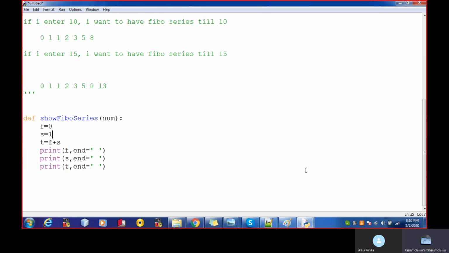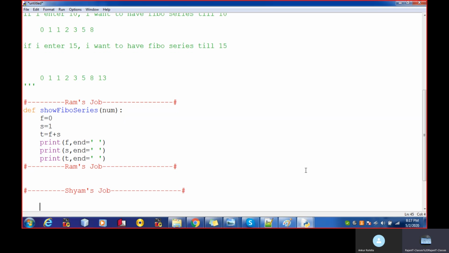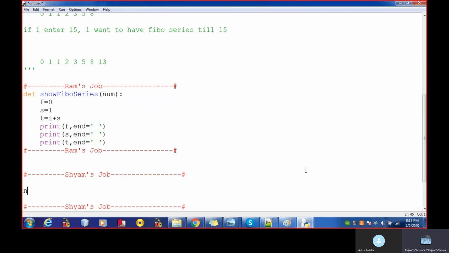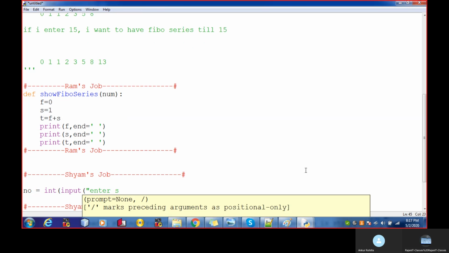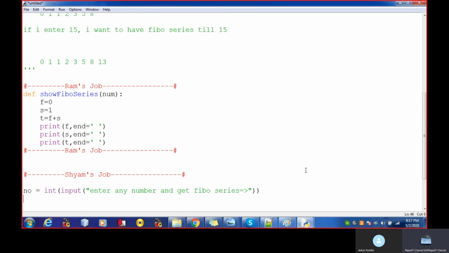So Fibonacci series. Let's say this is Ram's job, and this is Sham's job. Sham just has to know how to input the number and write the instruction to call.